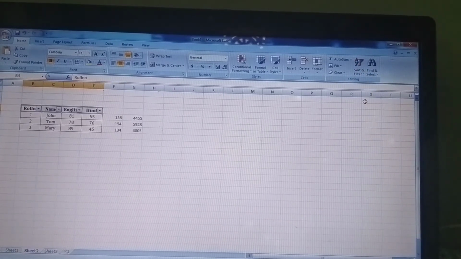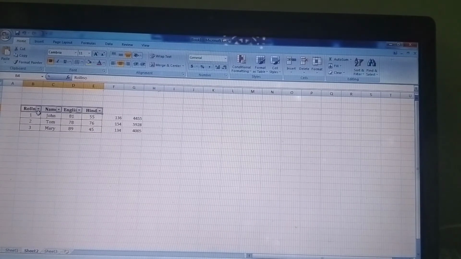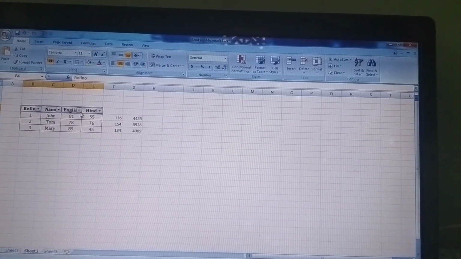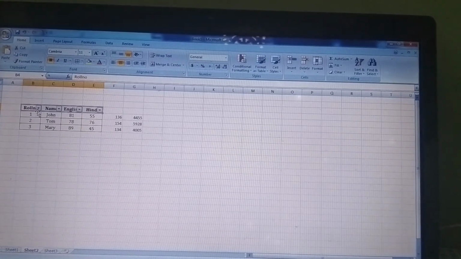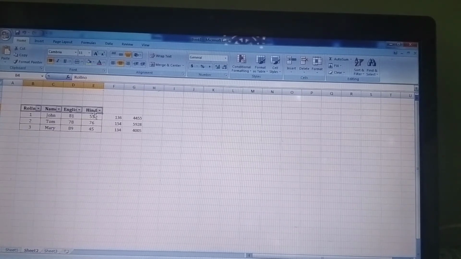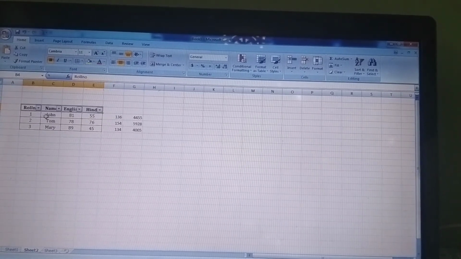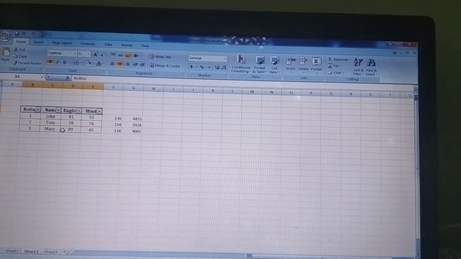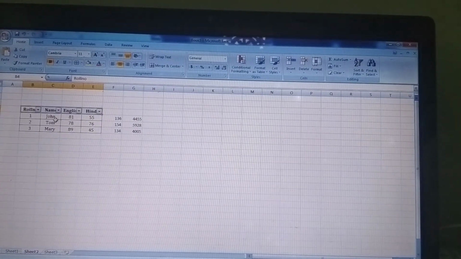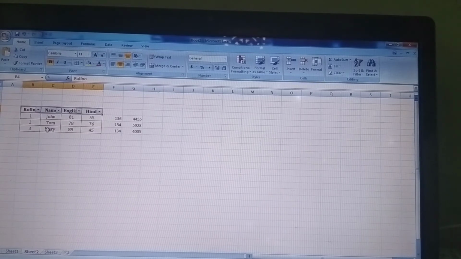When I click on the filter option, you can see this arrow has been added to my table headings, or you can say the field names, right? Suppose that I want to display only Mary's result.